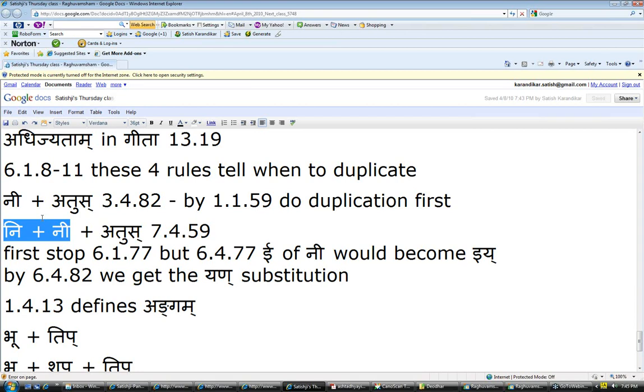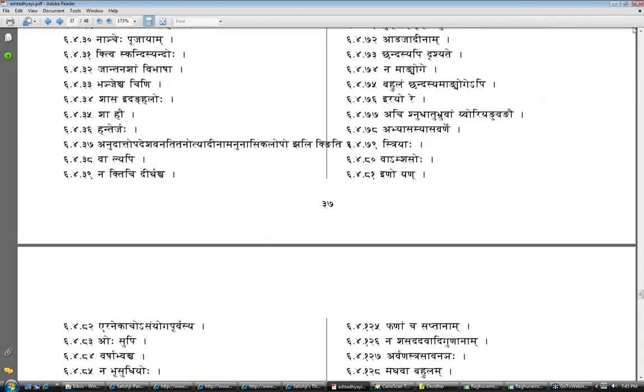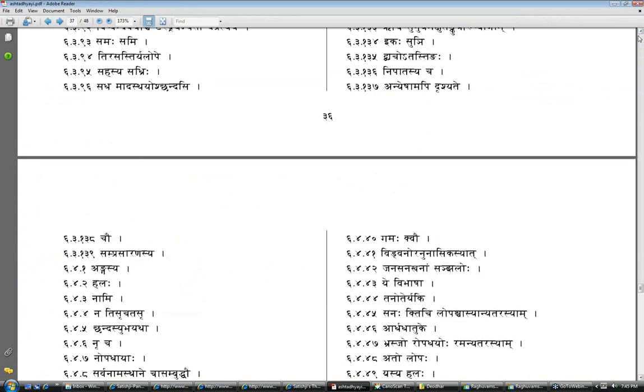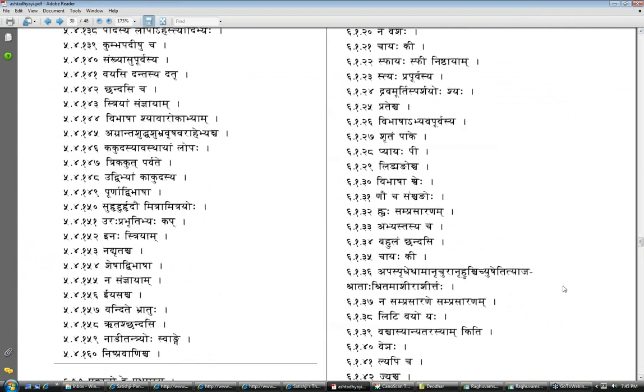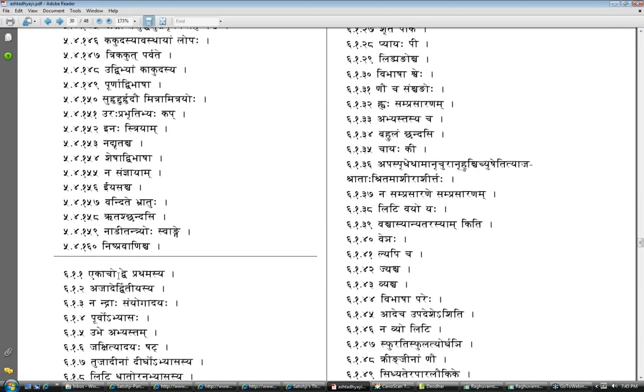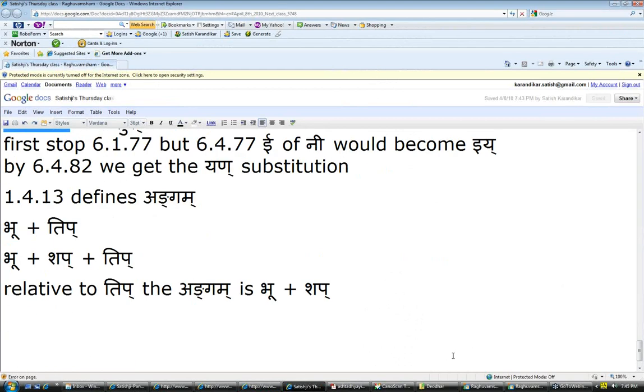Because if you look at the sutram, it is ekacho dve prathamasya. So the prathama ekach bhaga becomes duplicated in place. It just expands itself. So that prathama bhaga expands and becomes double. That whole entire double is still regarded as the ni itself, which was there before. Okay. So anyway, 6482, I think that's the way to justify that. So 6482 has brought us back, and we got ninyatuhu.